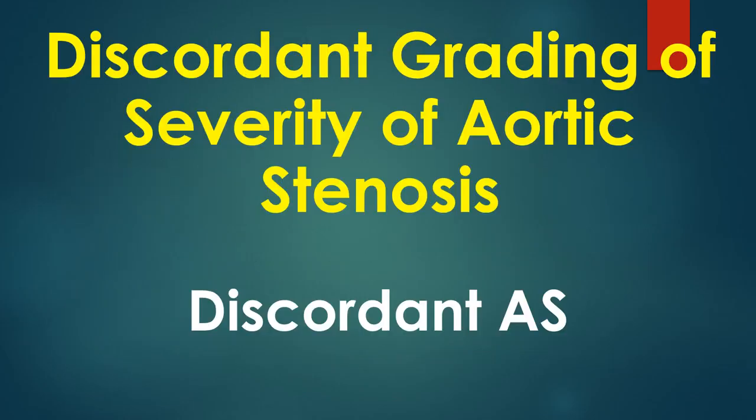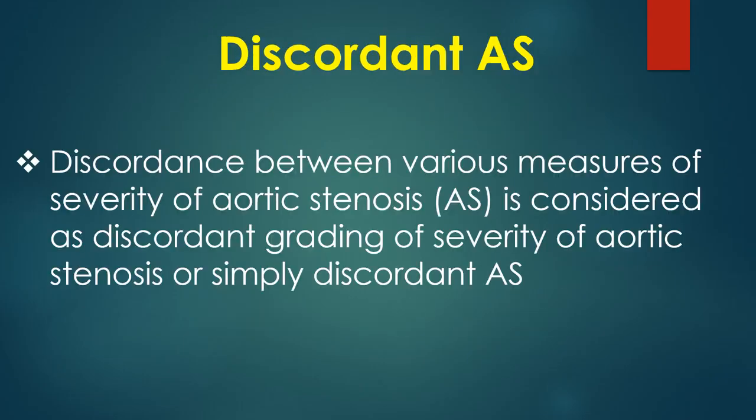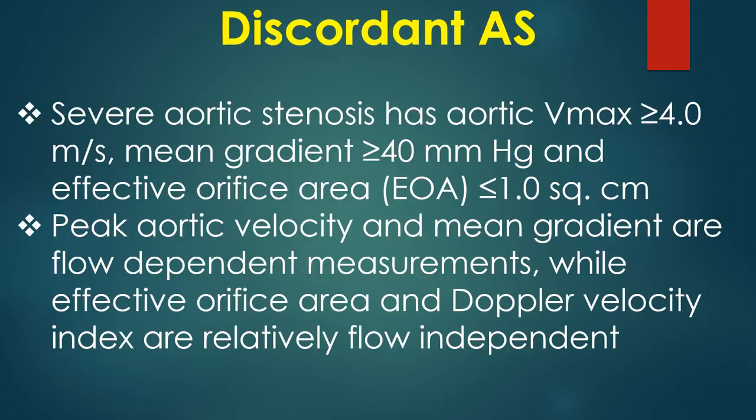Discussion on discordant grading of severity of aortic stenosis, or discordant AS. Discordance between various measures of severity of aortic stenosis is considered as discordant grading of severity of aortic stenosis, or simply as discordant AS. Severe aortic stenosis has aortic Vmax more than or equal to 4 meters per second, mean